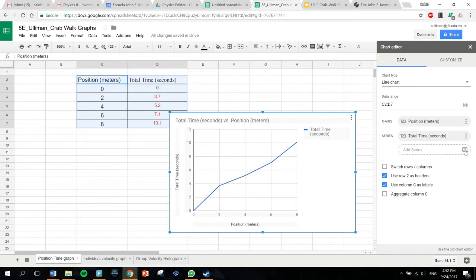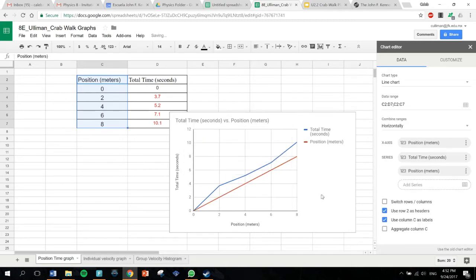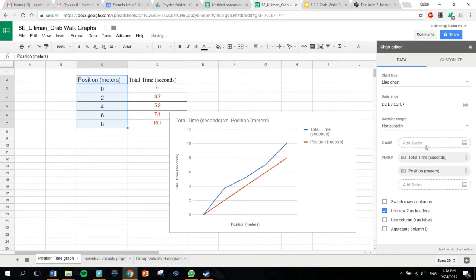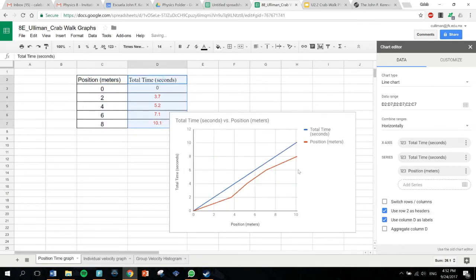So what I'm going to do is I'm going to add the position data. So what range? Select range. So all I do to do this is I just go over to position and I highlight all of those. So I just highlighted all of those and I go, okay. Oh, weird. Okay, now I've got 2 graphs, 2 lines, but I guess that's okay. All right, and then what I'm going to do for the x-axis is I'm going to take this, I'm going to remove this, and I'm going to put in instead the time. Okay? Again, we have 2 graphs, but now what I can do is I can delete